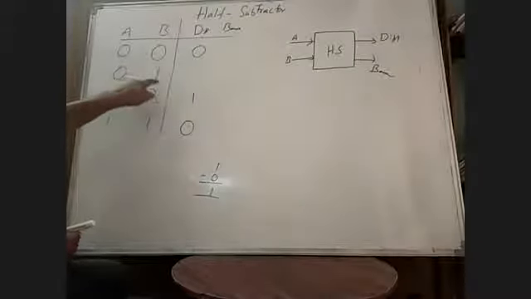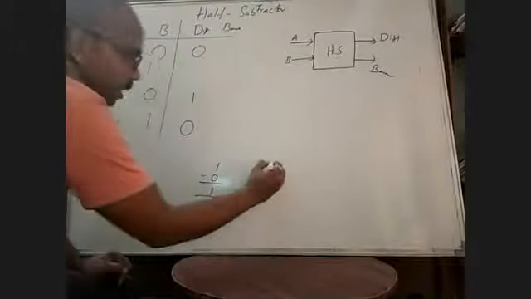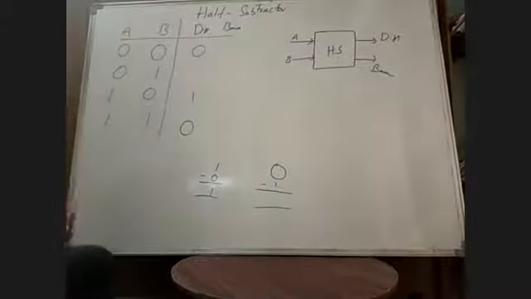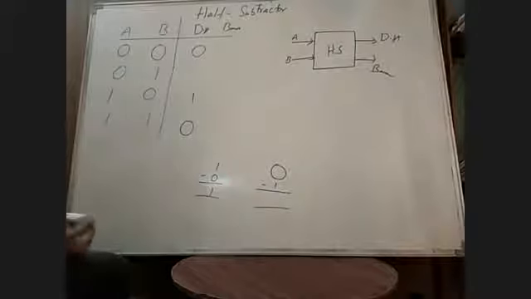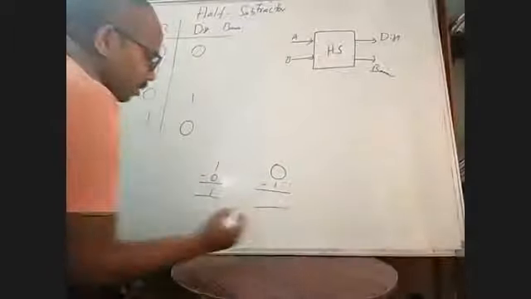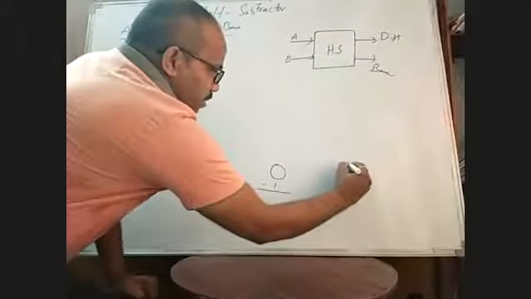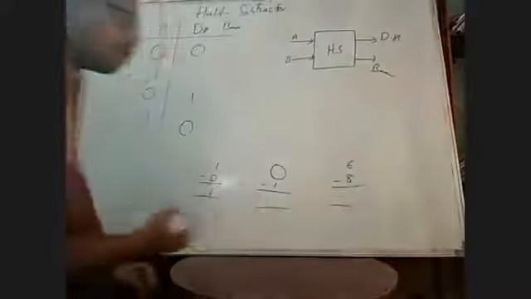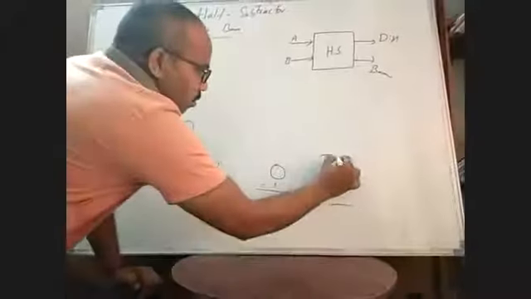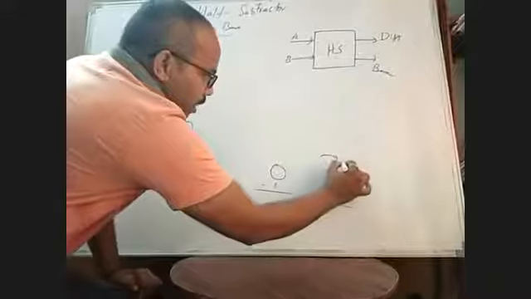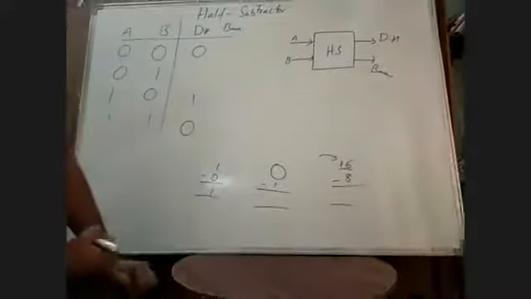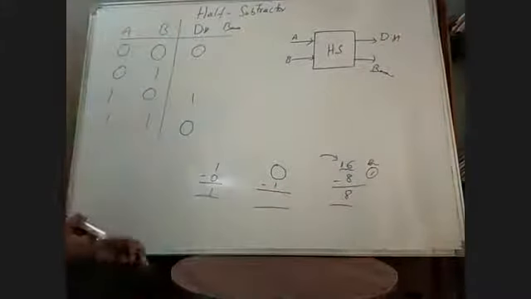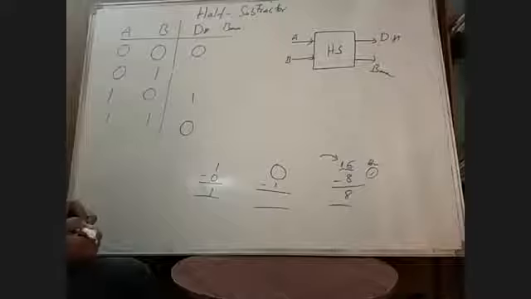Now, when you are subtracting a smaller number from a larger number, when you are subtracting 0 minus 1, what happens? What do we do for 0 minus 1? Subtracting a larger number from a smaller number, this is in terms of binary. In decimal, suppose the number 6 is subtracted from 8, you have to subtract 6 from 8. You will take 1 as borrow. Taking a borrow brings a 1 into the tens place, so we call this 16. 16 minus 8 is 8. We take 1 as borrow. Similarly, in binary, what do we do?